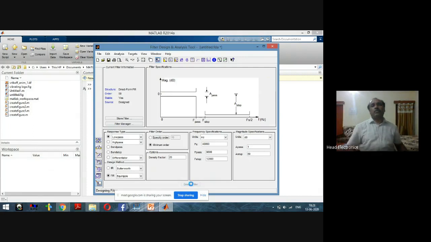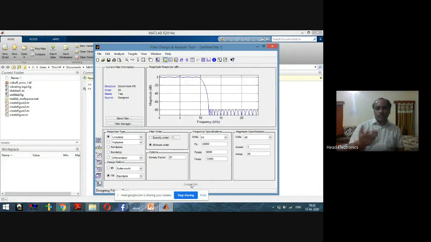When you open this dialog box, by default this will be inactive. To make it active, the default values must be changed. Only then can we enable the design filter. Now we enable it. When we say design the filter, what is happening? It means we are interested in calculating the coefficients of the filter. So the computation of the coefficients of the filter takes place here.